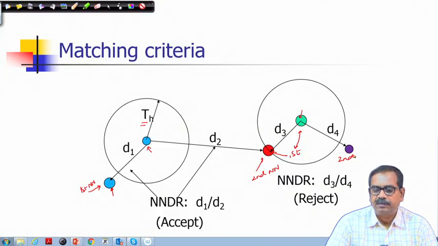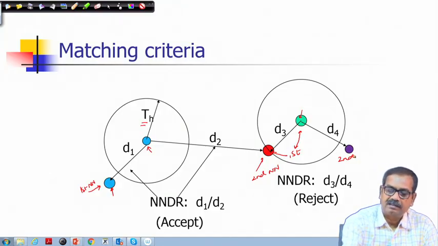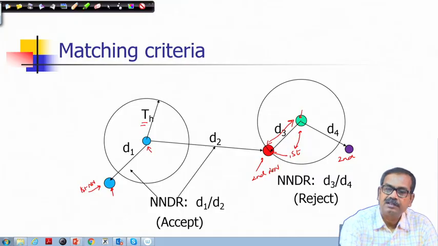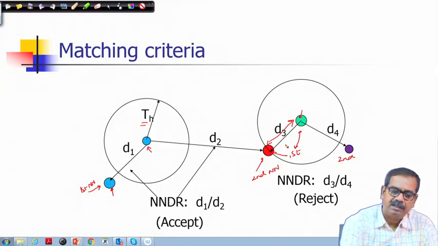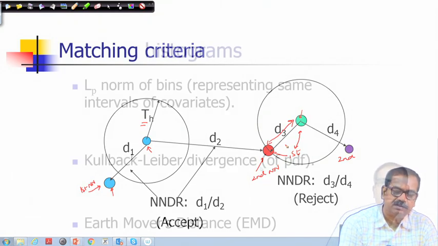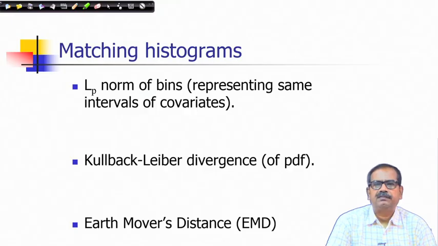So, the NNDR policy is also rejecting in this case, which is desirable, because using the nearest neighbor principle, these two would be matched, which is not desirable according to the given data. So, that is why this policy of nearest neighbor using distance ratio is found to be more robust than the other policies. So, we discussed matching of key points using their feature descriptors.